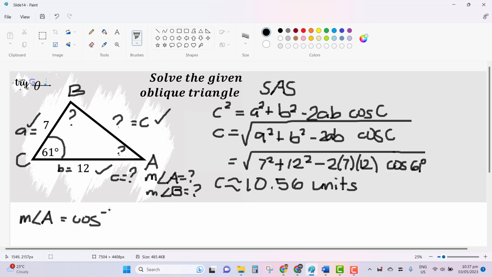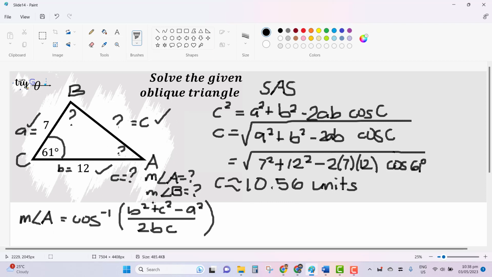But we could also say it like this automatically. It's the inverse or the arc cosine of this expression. Since it's A, that is what you're going to subtract here. So you are left with the sum of B squared and C squared over twice B and C. Notice that we are using C, the already rounded off value earlier. This is also the reason why we stick with this first formula for the first angle,